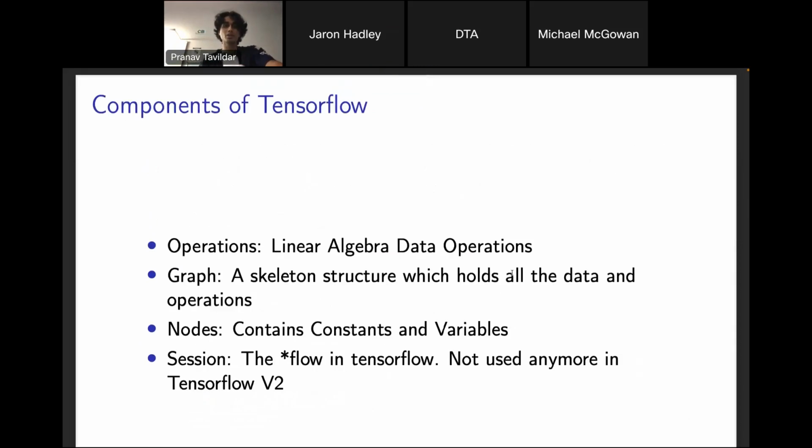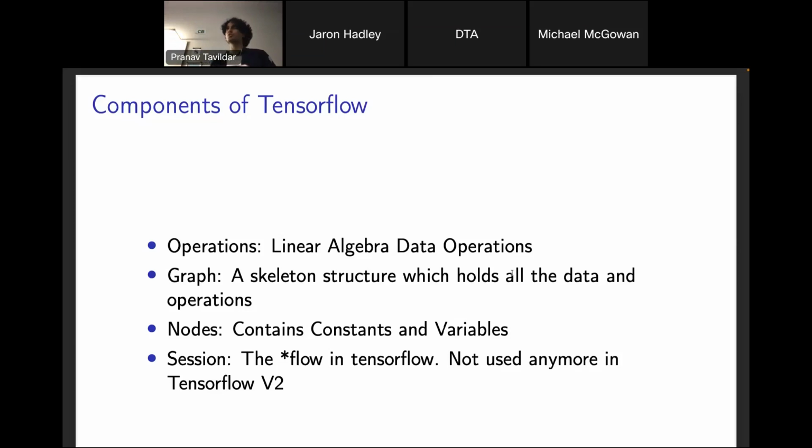But yeah, let's talk a bit about what TensorFlow is and what the components are. I talked a bit about the tensor processing unit, but let's see how that sort of works. Initially, TensorFlow was composed of these different concepts, which I'll elaborate on further with an example. You have the operations, as I mentioned earlier. There's a lot of linear algebra involved when you're doing some low-level TensorFlow coding, and for that reason, you have many different packages which are optimized to work with the hardware.